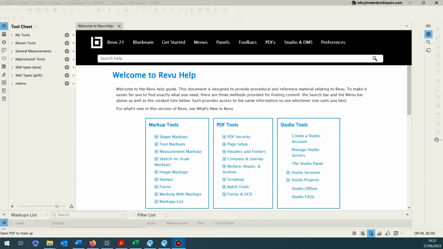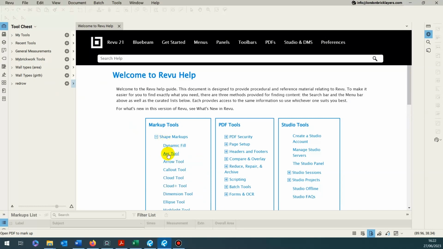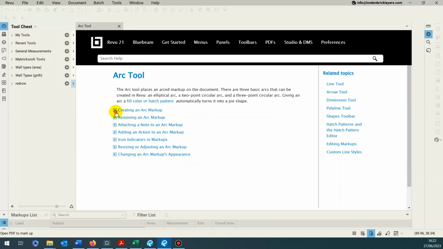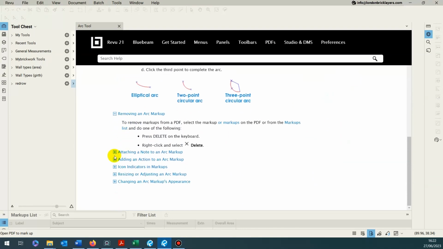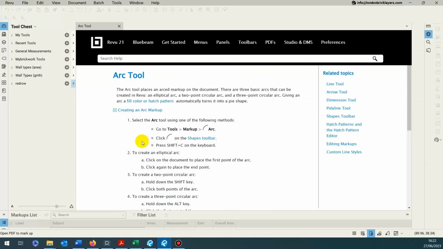Just another quick tip on the usage of Bluebeam Review. Oftentimes we need to dive into the help pages, and what I've personally found frustrating, until I worked out how to overcome the problem, was the navigation of these pages, because you'd go into help, you'd search help, and you'd go into a particular section, and you'd get various instructions on following a procedure and what have you, but getting back to where you previously came from,